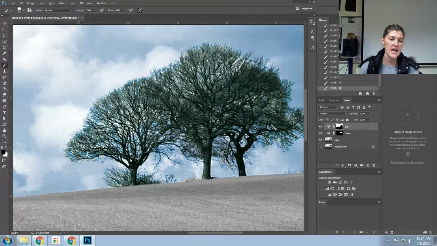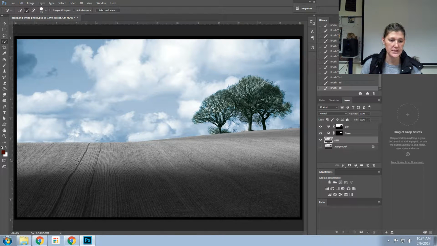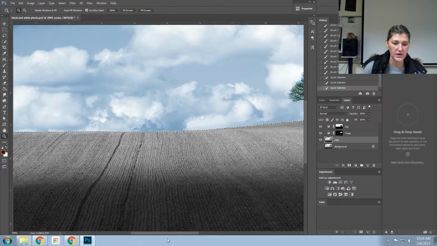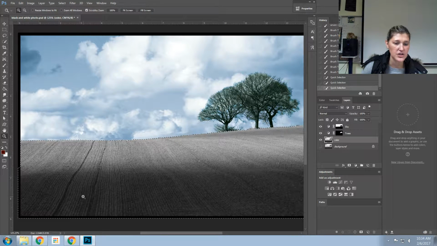All right, so the next thing that we're going to do is we're going to click back on the color layer. We're going to use the quick selection tool, and we're going to select the ground. This one should be relatively easy, with the exception that it does select this black border here. So a quick and easy way to get rid of that, if I zoom in, let's see here, I can use the